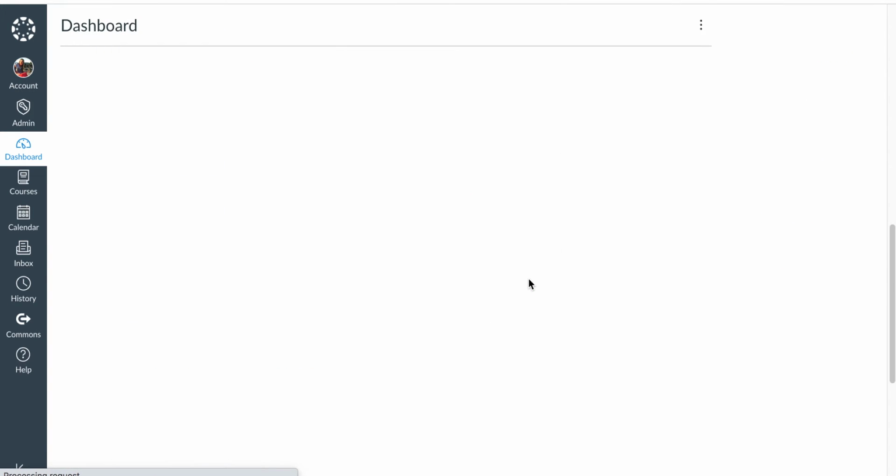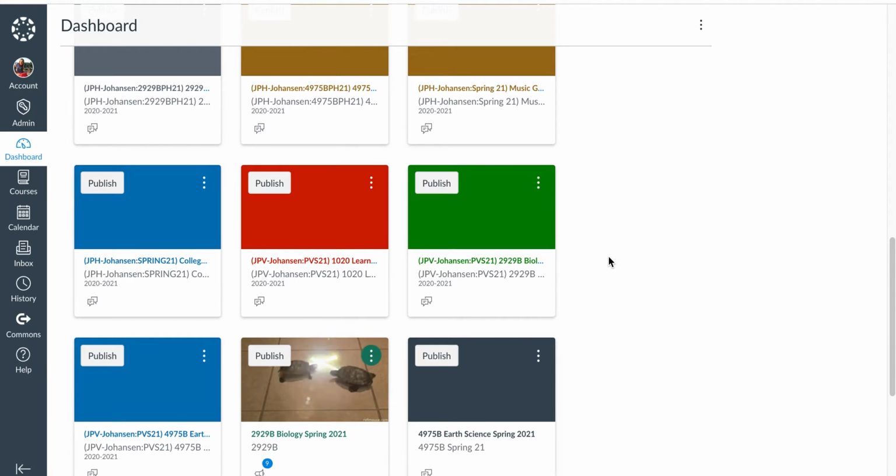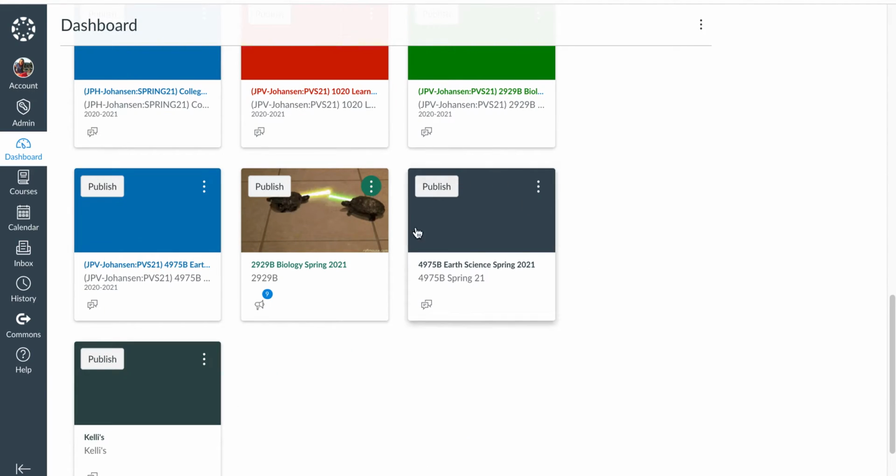Okay, so this is a really, really important step. Here is what I just made. This is a really, really important piece of information. Anything you copy into your course cannot be undone. The only way you can get rid of content that you copy into your course is by hand deleting each assignment. So you really don't want to accidentally copy the wrong course into this class, or else the best thing to do would just be to delete the entire thing and start over again,